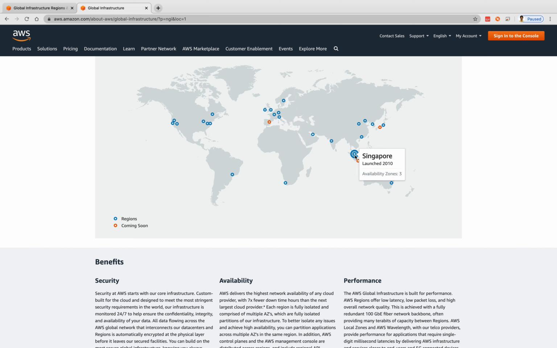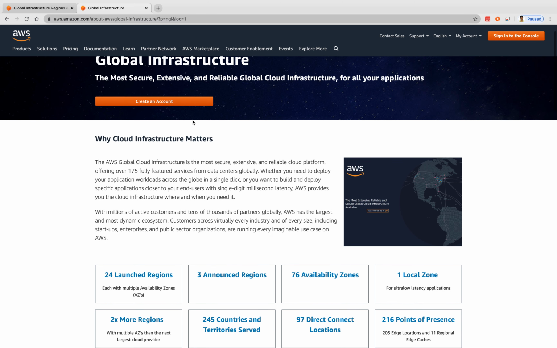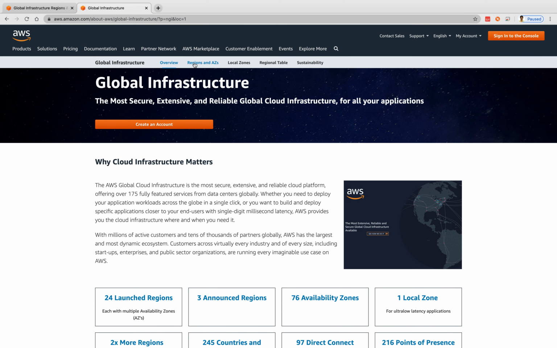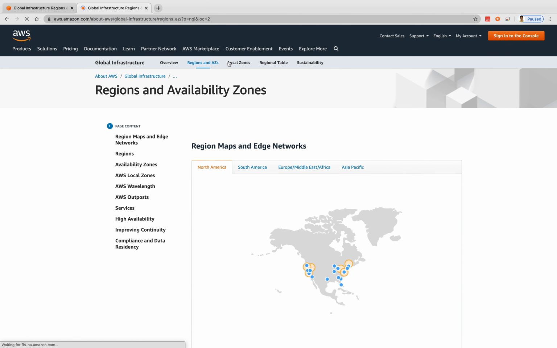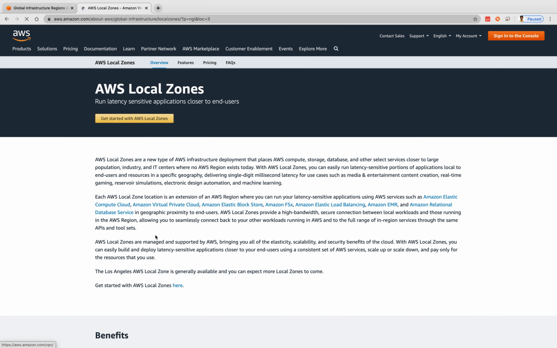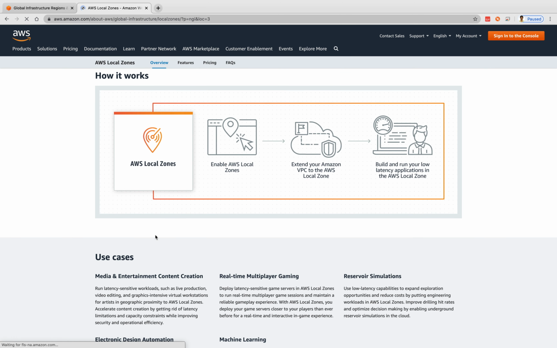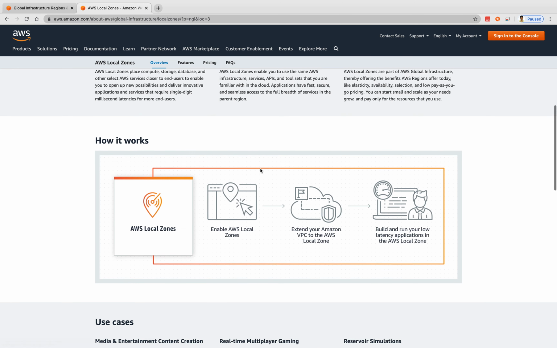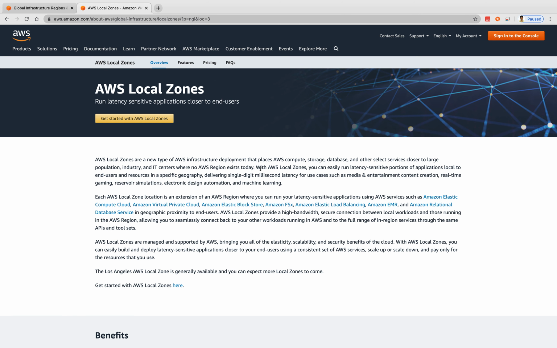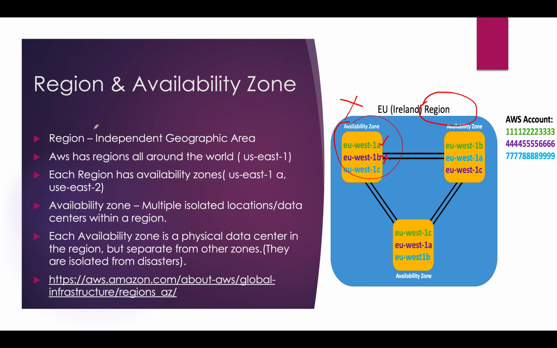If you click here, this is Singapore, this is Mumbai, this is Bahrain. These are all regions. If you want to know more, go to regions and local zones. A lot of content is already provided on the AWS website. You can go through it once just to understand regions and availability zones.